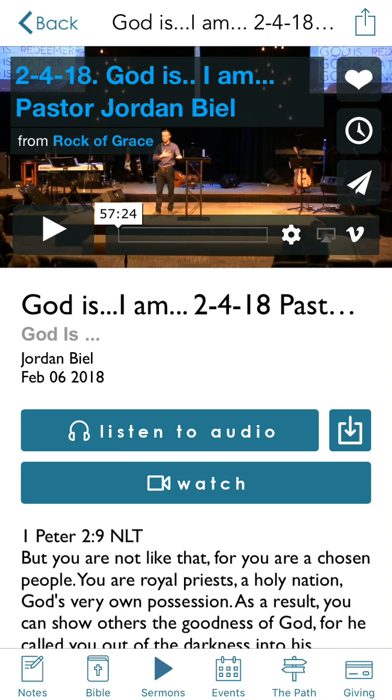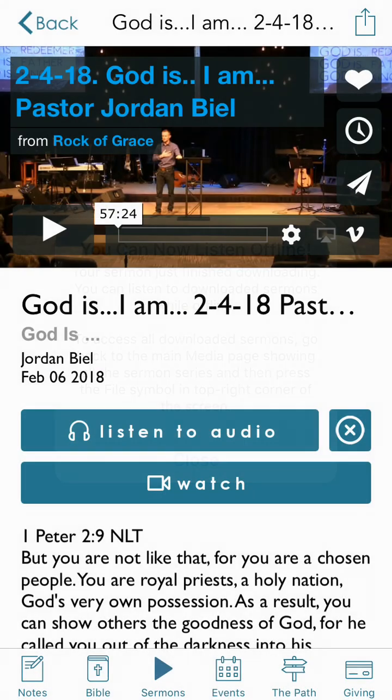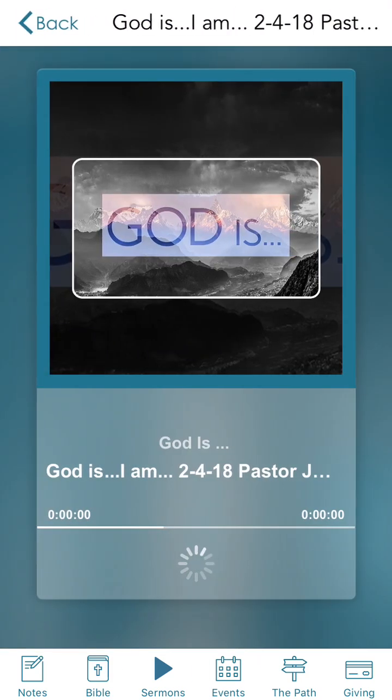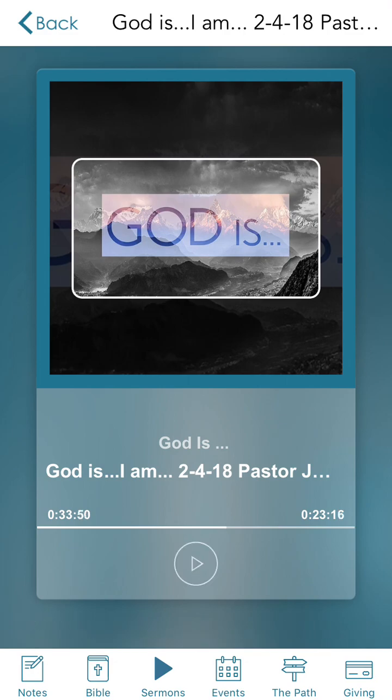That's a download button. So I'm going to go ahead and press that, and you can see it's going to quickly show a nice little animation showing in real time how the audio is being downloaded. So if there's a huge file, you'll see that move a little slower, but that was a 39-minute file we just downloaded, so it's a pretty quick download. And you can see it says now we have it downloaded so we can listen offline. So if I press listen to audio now, boom, it loaded right away. And also when I scrub, it's immediately playing again because it doesn't have to load because now the audio is